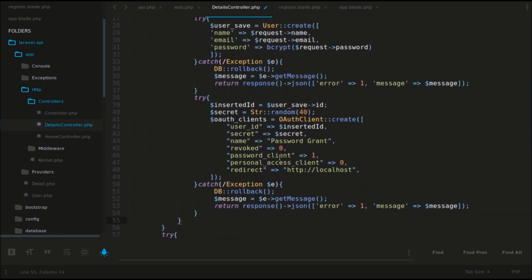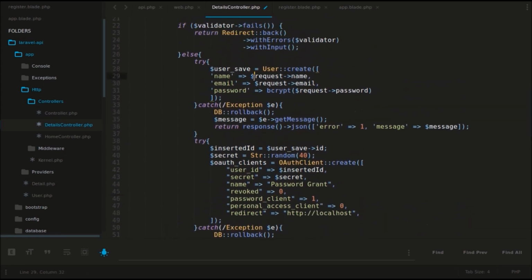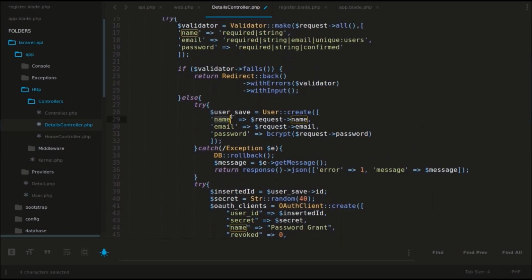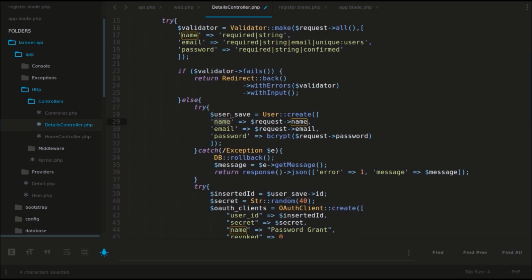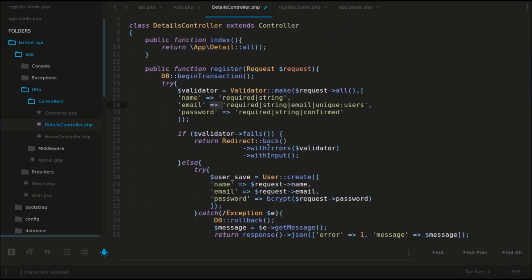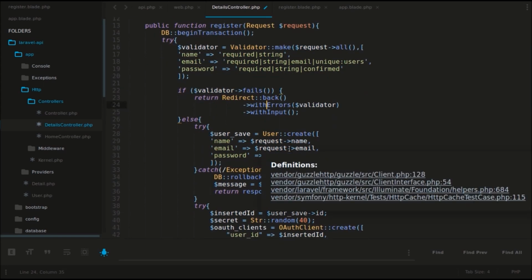So we have saved this auth clients and user, and I forgot we also need to create this model auth client. So I'll just create that in a moment. Let me explain this process here. We first create a user, and before that we will check for validation. If there is any error, we will return back to the form with errors, and if there are no errors in the form,